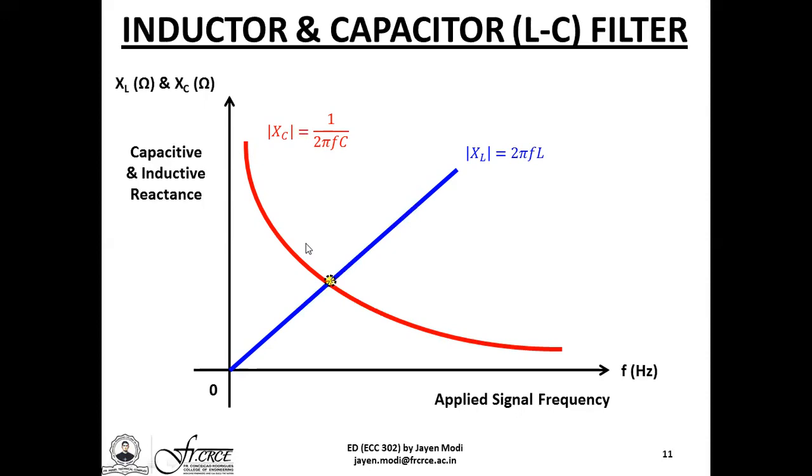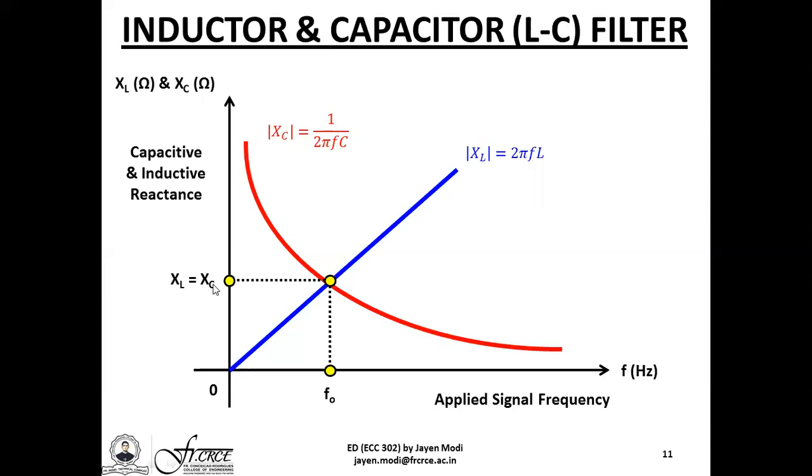What is worthwhile to notice here is that these two curves definitely intersect at a certain point. So the point at which these two curves intersect gives us information on two main things. The first is they intersect at a certain frequency called f naught. And the second is that at this particular point, for a frequency f naught, the inductive reactance is exactly equal to the capacitive reactance, although both may not be minimum.